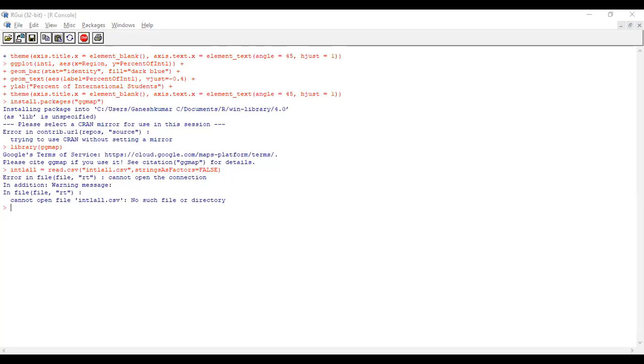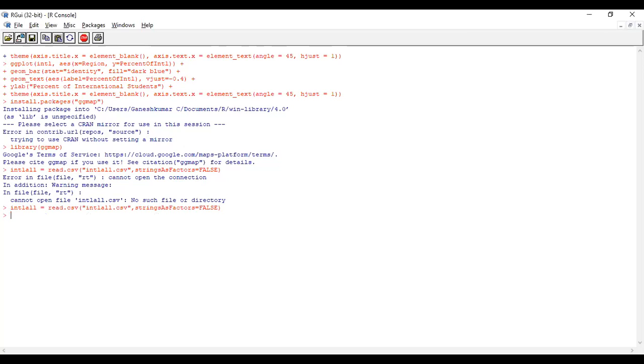Yeah, you just download that file and put it in the folder. I downloaded Intel all and put it there. Now it works. So enter. Now it's working.